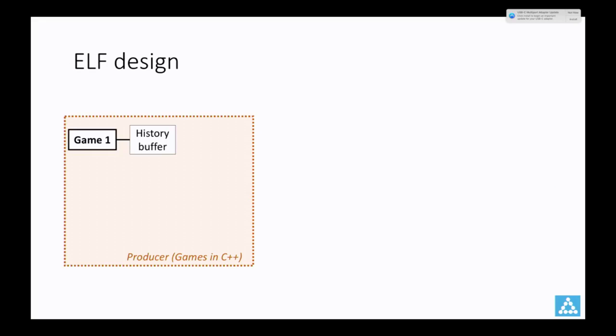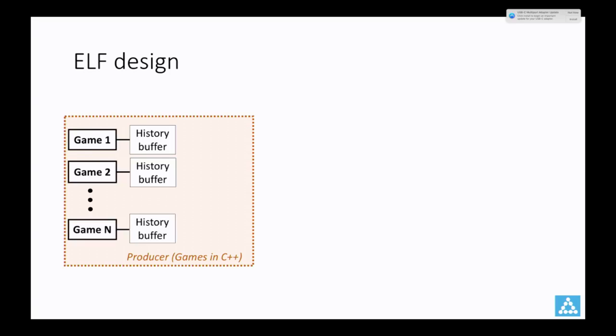First, we put all the game instances into what is called a producer on the C side. Each game has a history buffer that holds the recent history. We have multiple instances on this C side, and they are all parallelized in a multi-threaded setting.